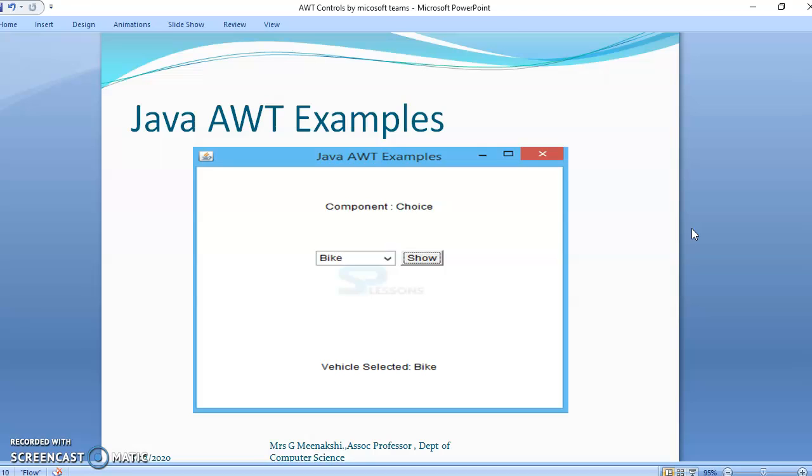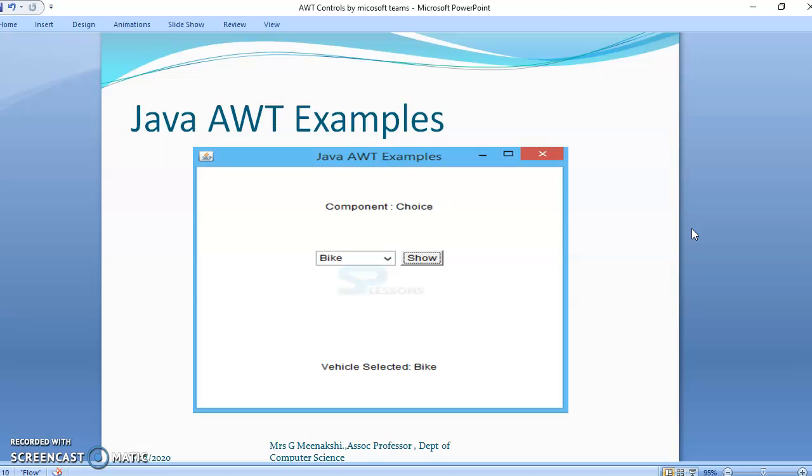It shows whatever you chose, and that is done by the component called choice. Here they explain this with an example: you are choosing a bike, and if you use the button show, the vehicle selected is bike.